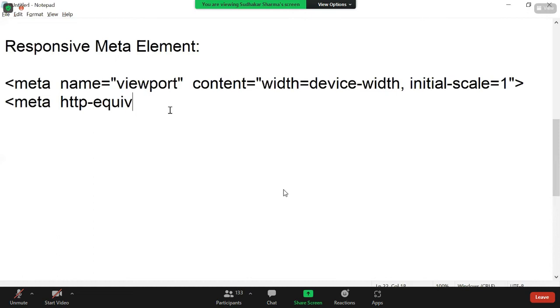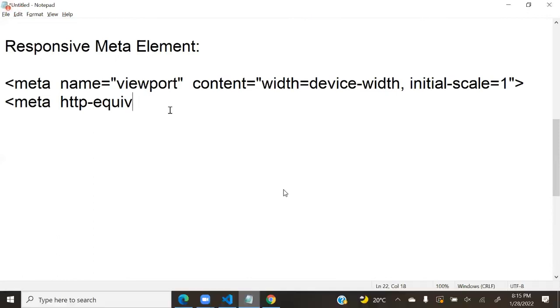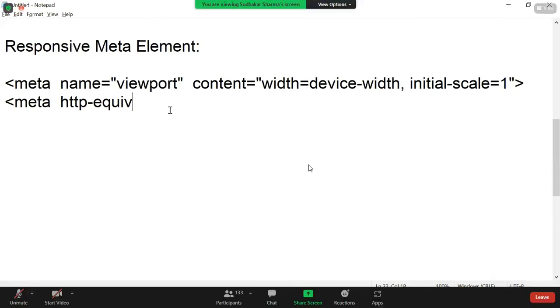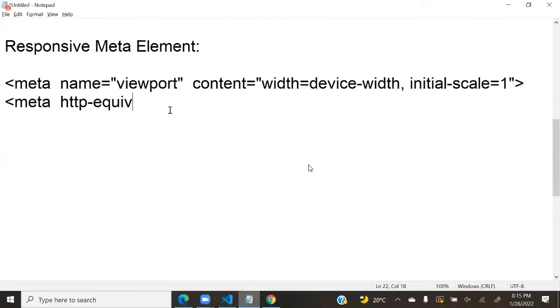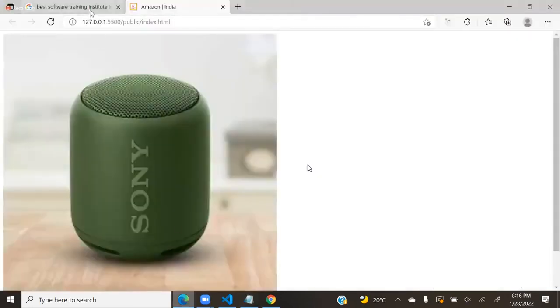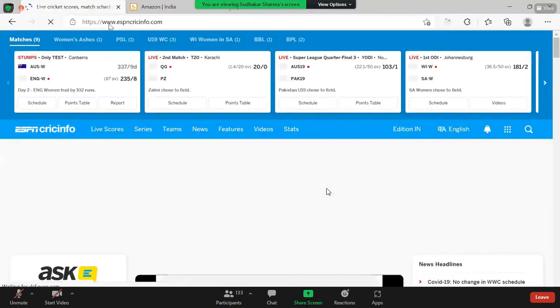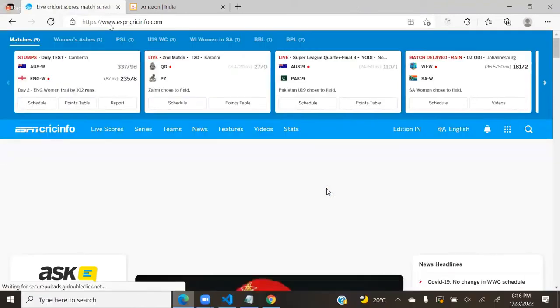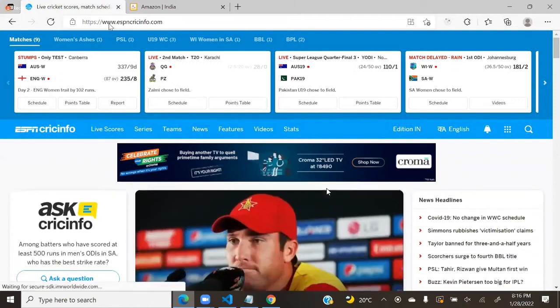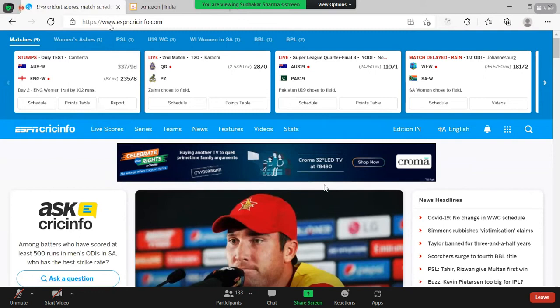Right now here you can see HTTP hyphen EQUIV. This is also about how a response is handled. The best example I will show here: suppose you have a website, some cricket info website, and a live cricket match is happening.